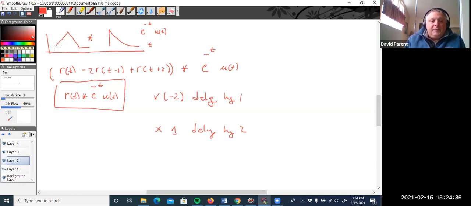But here's the thing. You have to learn to anticipate what the plots are, because actually coming up with the equation's not so bad. But because this starts and ends at 0 and this starts and ends at 0, the function